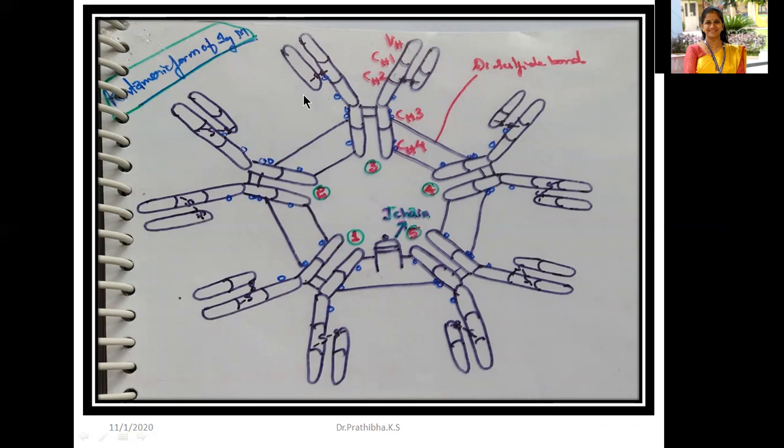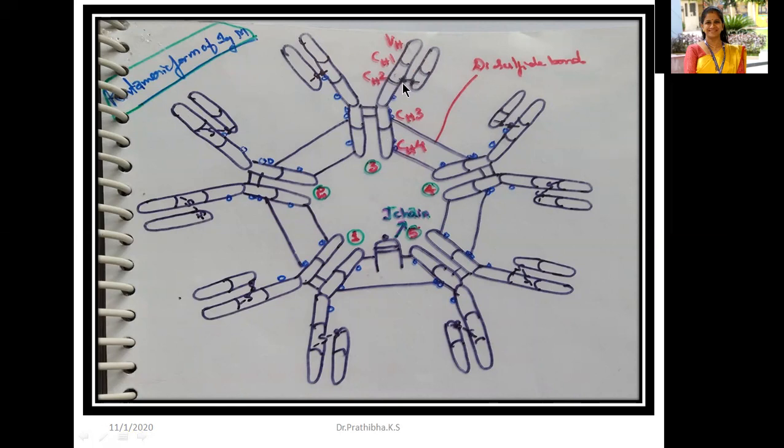So whatever you have understood about the characteristics of general immunoglobulin, all that you can write. There is the presence of 4 polypeptide chains, in which 2 polypeptide chains are light chains and the other 2 are heavy chains. There is a variable light chain and constant light chain, and this has a variable heavy chain, and this has constant heavy chain first domain, constant heavy chain second domain, constant heavy chain third domain, and this is the constant heavy chain fourth domain.